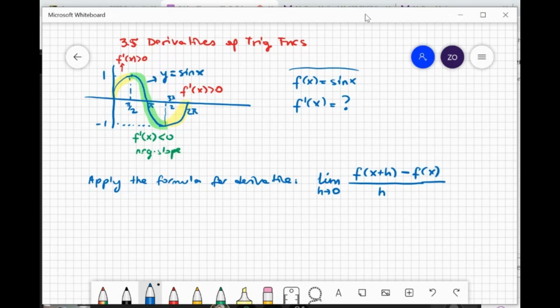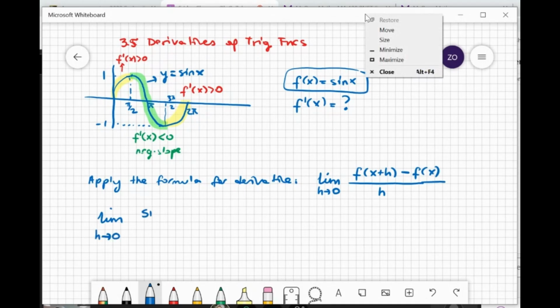So if we plug in sine of x, we first put the limit as h goes to 0 of sine of x plus h, minus sine of x,